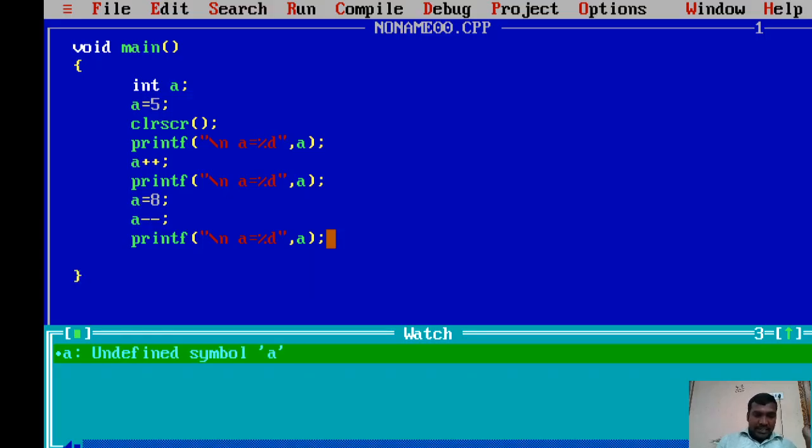Now I am hitting the F7 key one more time. So in this way, you can execute the program any number of times.